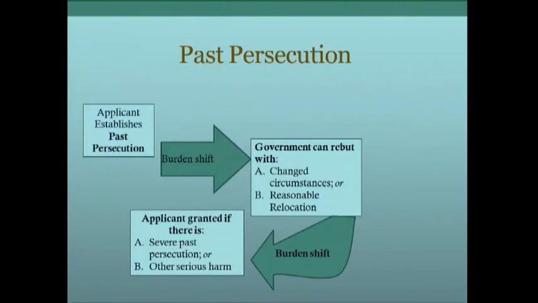The burden rests with the applicant to establish that they meet all the elements of the claim. If the applicant can establish that they were persecuted in the past, if you have a clear situation, the applicant underwent female genital mutilation, was raped, was clearly tortured, those cases might establish very well that there was past persecution. And then if that's true, there is a rebuttable presumption that they would be persecuted in the future. So at that point, the burden would shift to the government to show that either there's been changed circumstances,